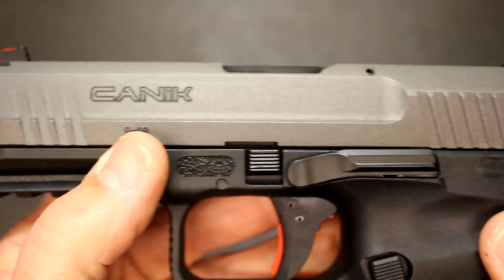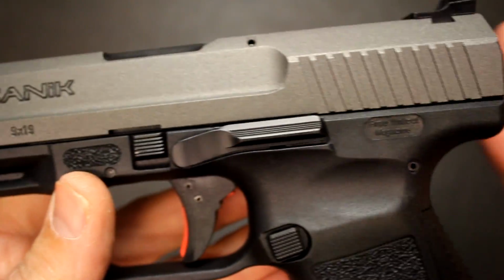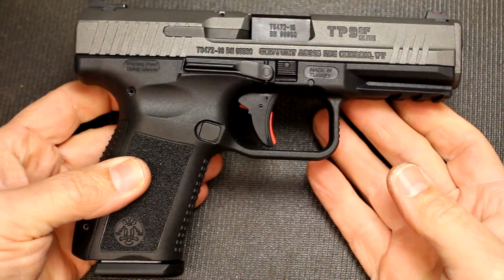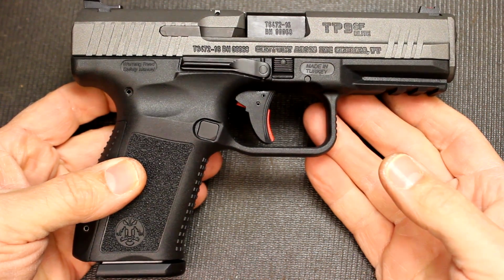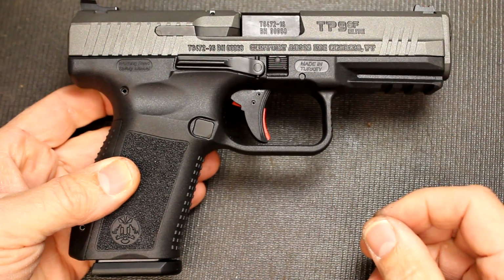The original SF, though, you can find those for about $350, but this has a lot of upgrades over the standard SF. As far as pros and cons of the pistol, there are just a lot of good pros. The price, the quality, the reliability so far with all the different reviews and write-ups and forums. I mean, the